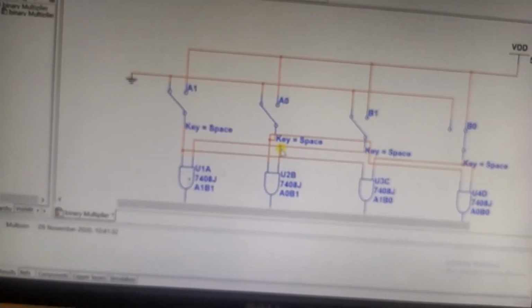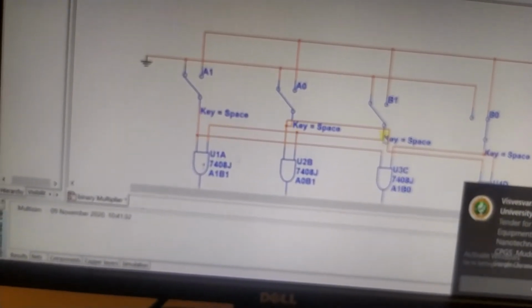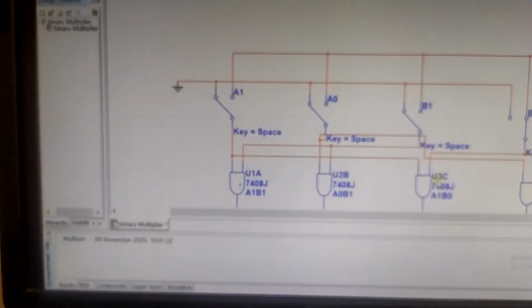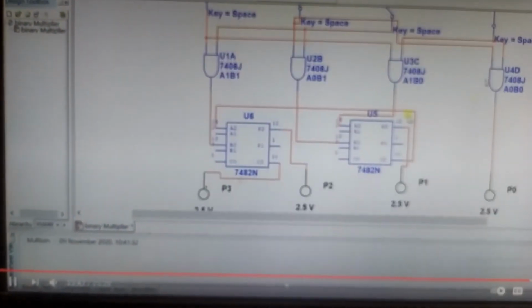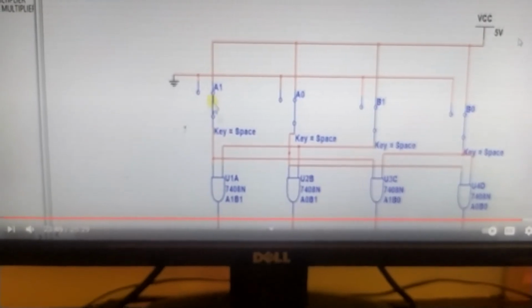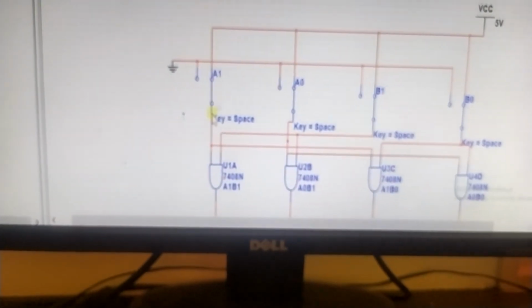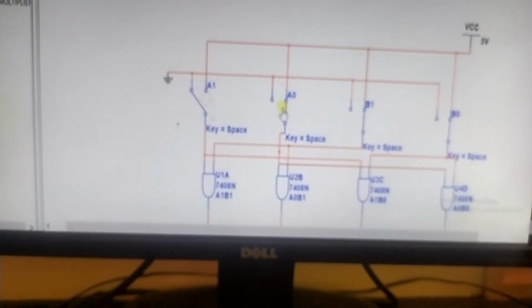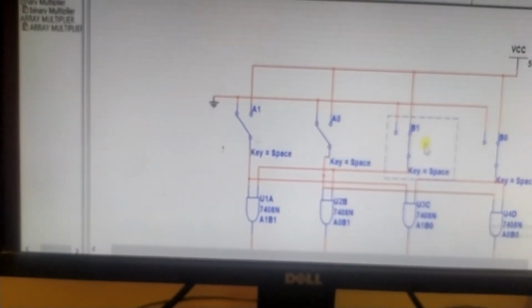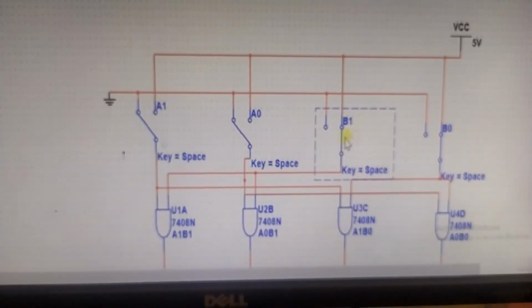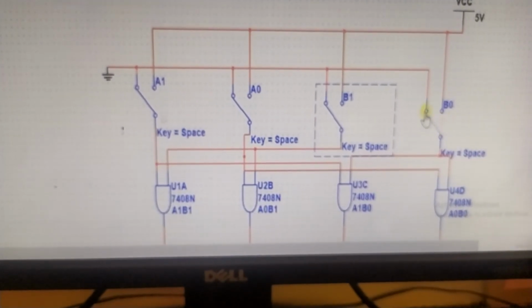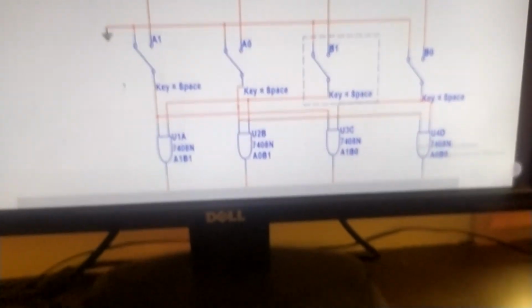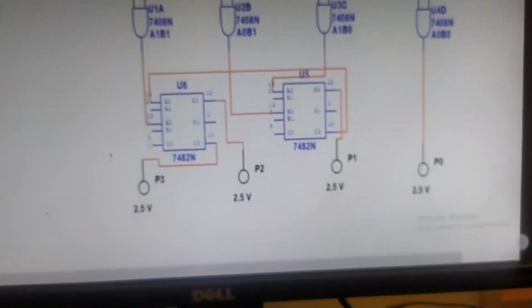By applying the inputs, connecting to ground or VCC, we say it is connected to logic 1. So A0, A1, B0, B1 can be logic 1 or 0, and you can change the position from logic 0 to logic 1 and logic 1 to logic 0. When all are 0, there is no output indication, so the display shows no output for P0, P1.